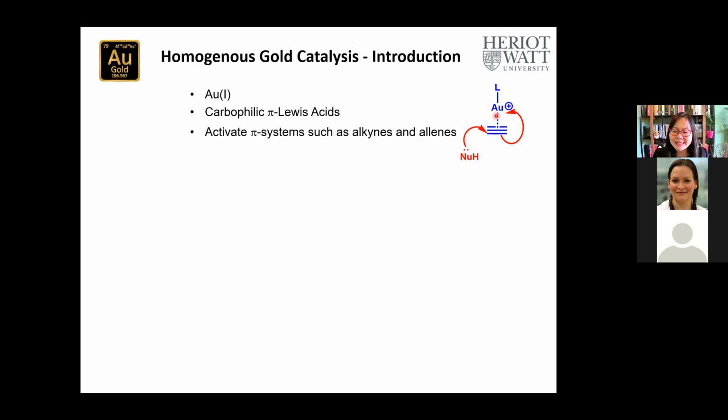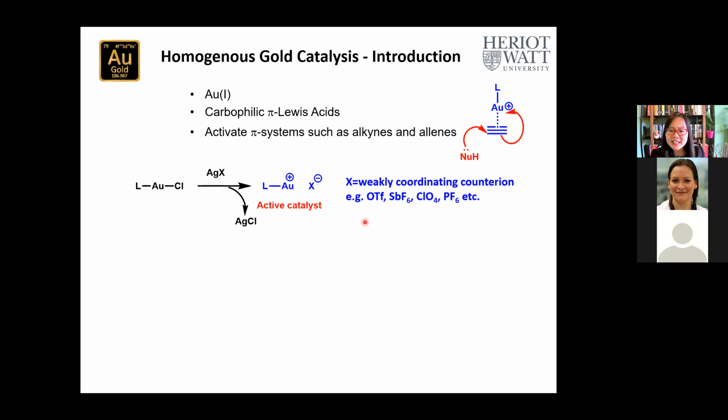So how do we make the catalyst then? Well, traditionally, we would make this in situ. So you use this neutral gold chloride, you react it with a silver salt, where X is the counter ion that you want in your final catalyst. You then cross your fingers and hope that this precipitates out silver chloride and gives you this cationic active catalyst